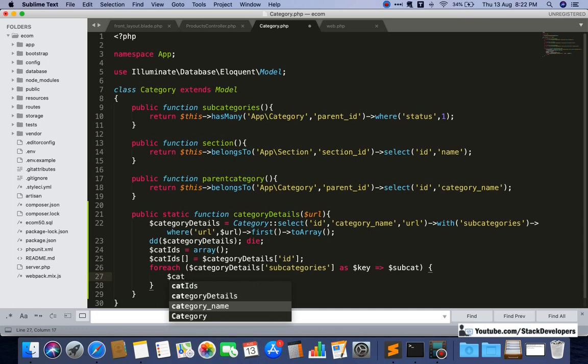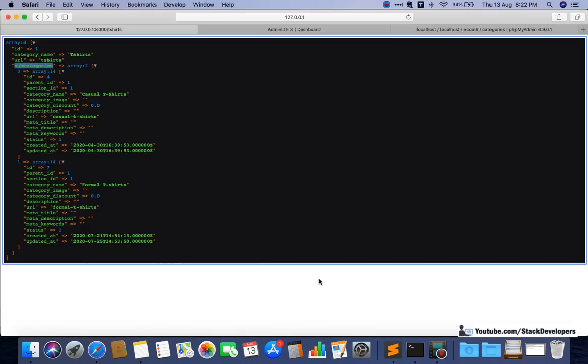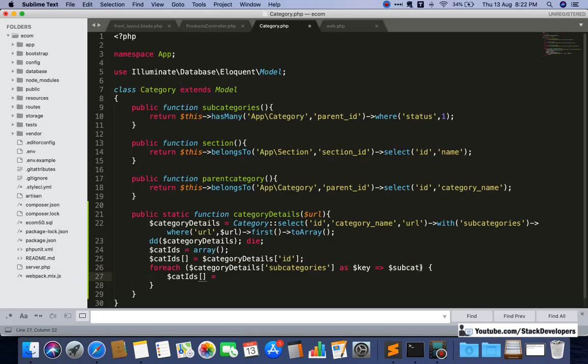I am going to put the other IDs that we are getting in an array. We will put them in an array, and here we are getting the IDs 4 and 7. So I am going to use this subcat and put in the ID.